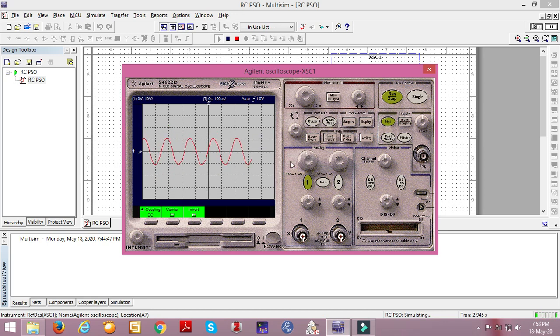There are a number of options on this particular CRO. You can stop the waveform. You can measure parameters like frequency, time period, peak to peak voltage. You can move the cursor X and Y, and if I press auto scale, then the waveform will come as it was earlier.